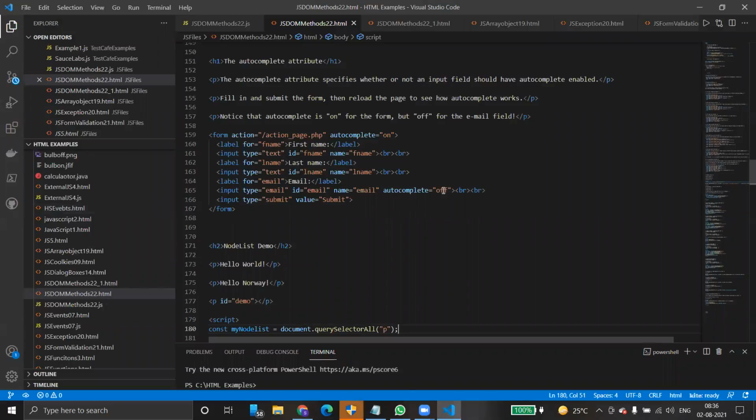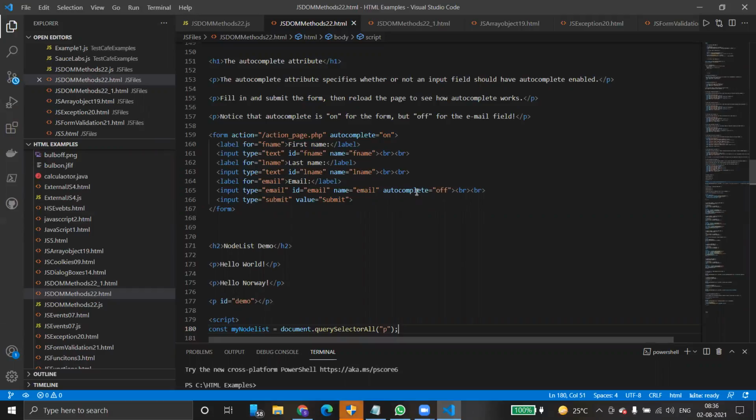What is this autocomplete first of all? The first time you have to fill the data, but next time onwards, what happens? After submitting the form, if you go and submit the same form, it automatically fetches the value from the cookies. That is nothing but autocomplete.